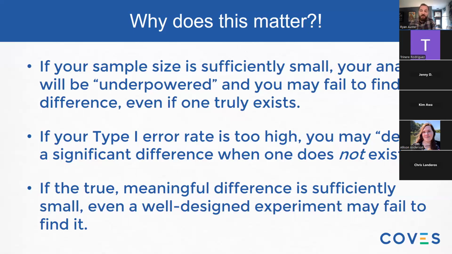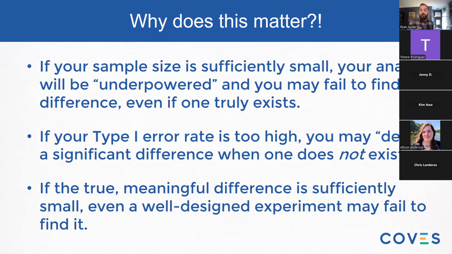You could consider another example. A power trade-off would be to say, well, I don't have a huge sample size, but maybe I'll change my type 1 error rate and I'll allow 10% of my statistically significant findings to be incorrect. So you might see a difference when one does not exist. Now, type 1 error and type 2 error, there's a debate about which one is more egregious. But in this example, changing your error rate probably doesn't do you much more good if the outcome of your inference is really important.